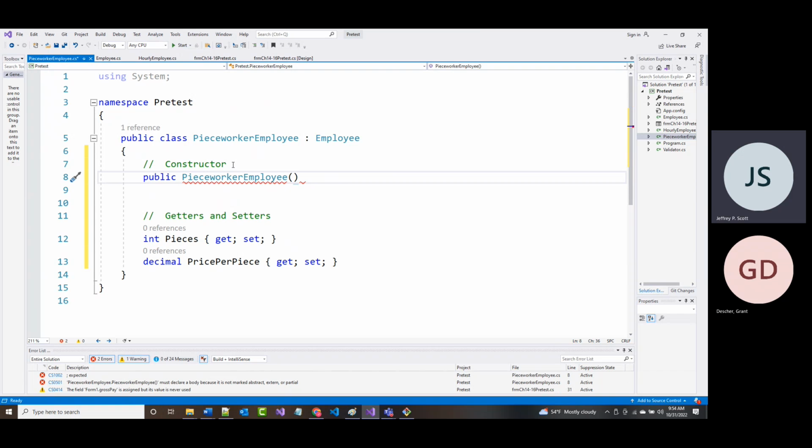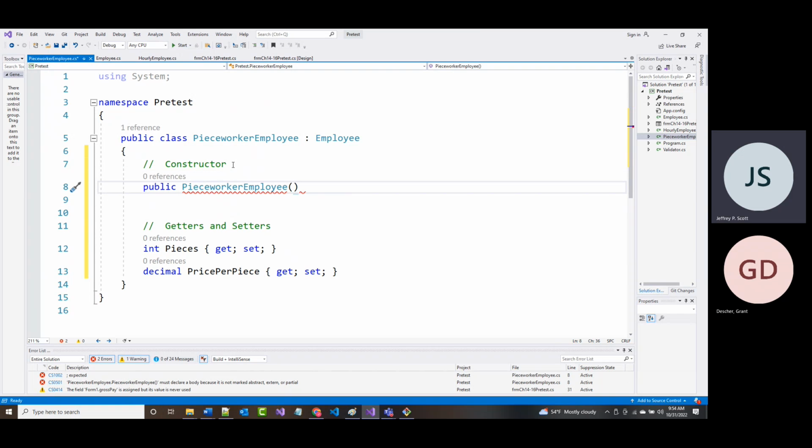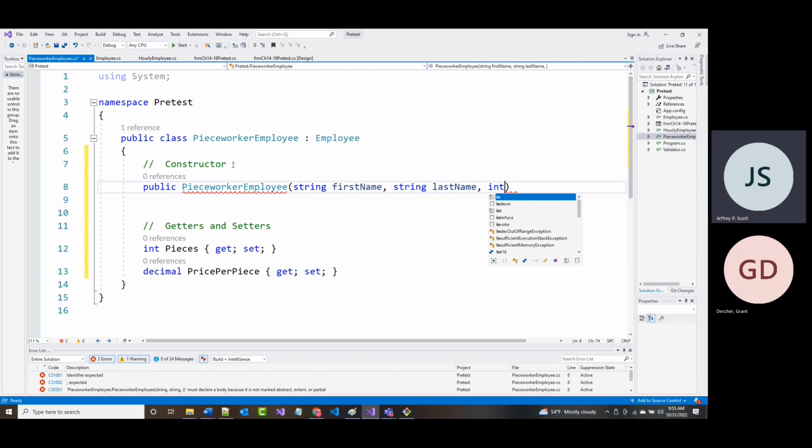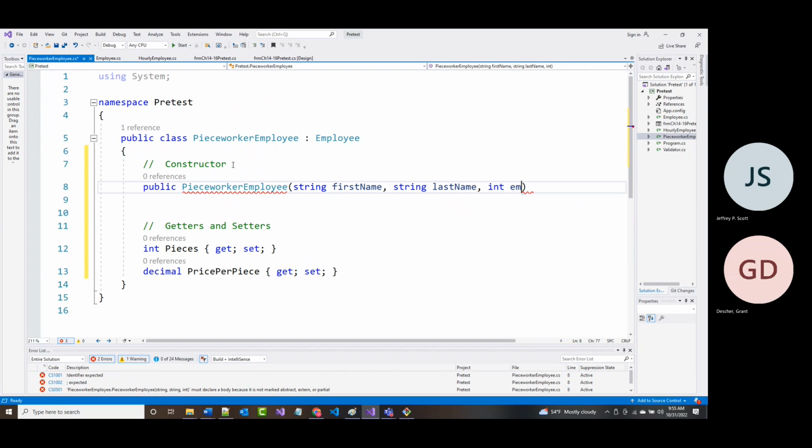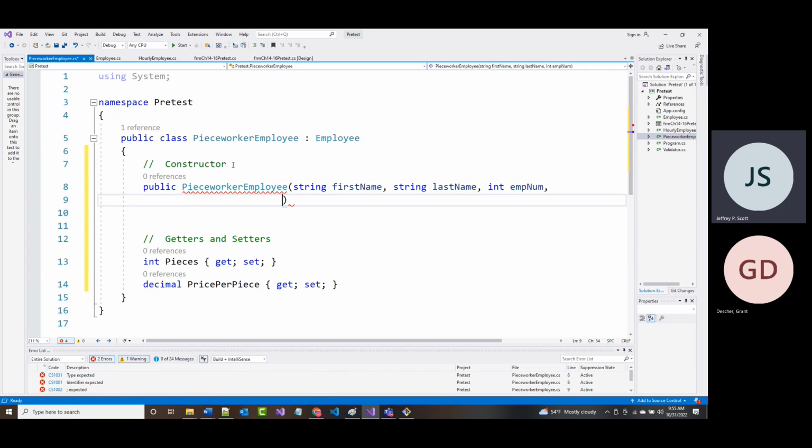All right, and just like we did before, I guess piece worker employee, but again, just like we did before, string first name, string last name, int emp num. All right, and now what's new for this one again will be an int for pieces and a decimal for price per piece. And just like we did before,